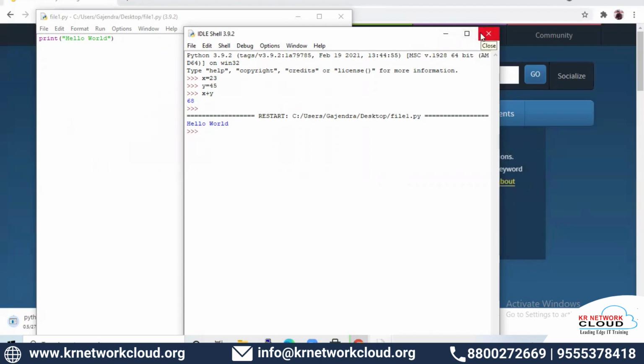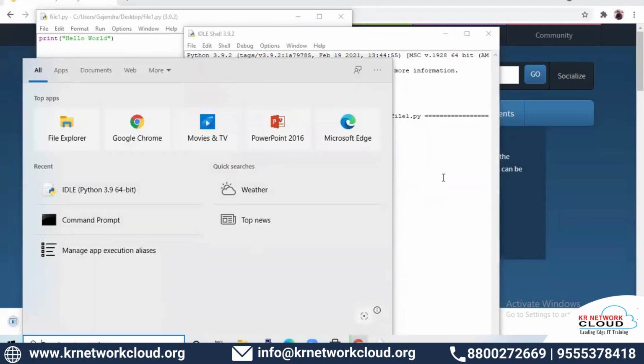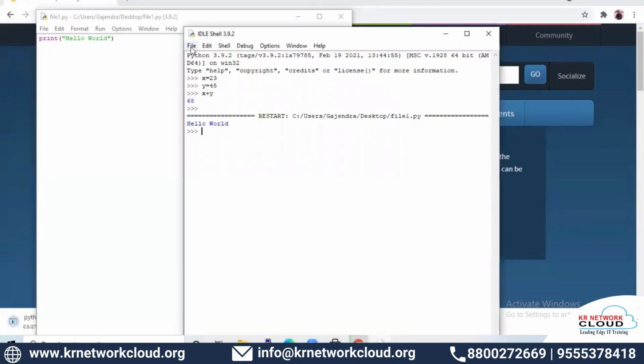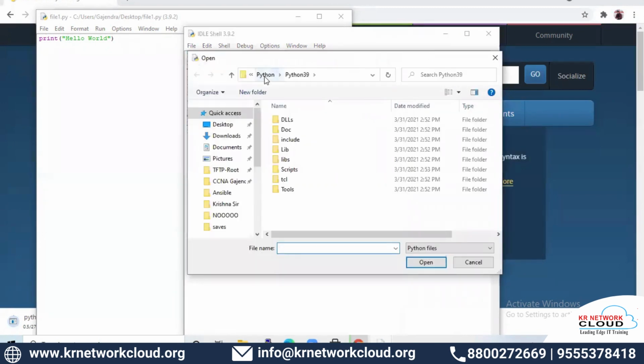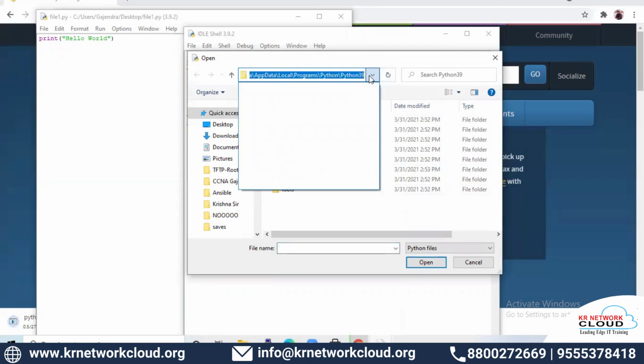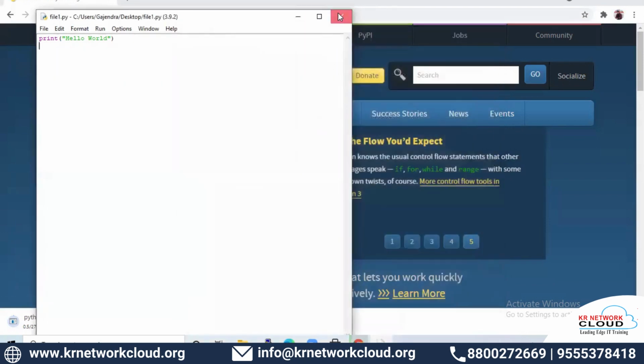Now the second thing is that suppose I want to set the environment variable for my Python so I can execute my Python from CMD. If you want to do that, just click on this file to get the file's Python location. Just click on the open option and you will get the Python location. This is the location where your Python is exactly installed. You need to copy that. So I copy that location and now close everything. Just close this, and just close this.